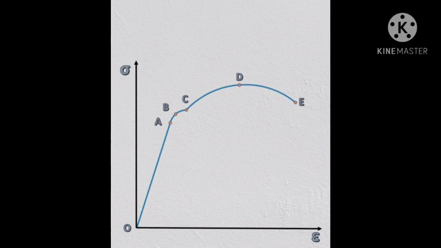The load eventually reaches its maximum value. The corresponding stress at point D is the ultimate strength or ultimate tensile strength. Stretching the testing bar beyond point D leads to a decrease in the cross-sectional area of the bar. This localized reduction in area is termed necking. Due to the reduction in cross-sectional area, the load-bearing capacity of the bar reduces drastically and the curve starts dropping beyond point D. Eventually, at point E, the testing bar has failed. The stress at this point is known as the breaking strength of the material.